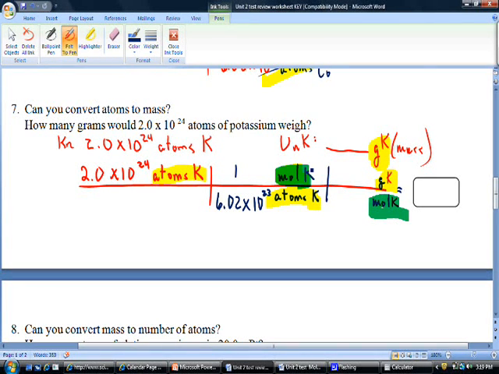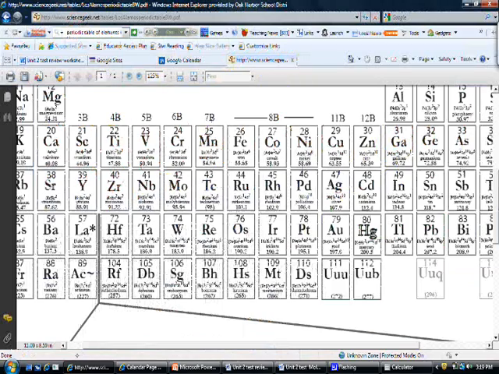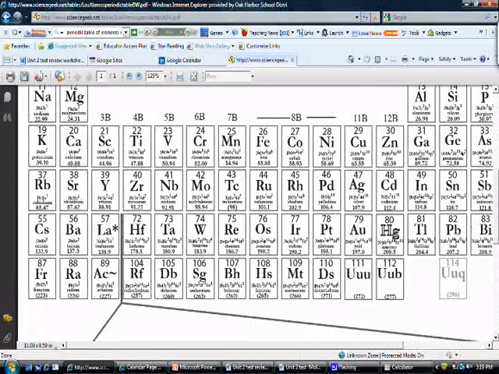And then we move here to say, well, 1 mole is, well, I need to go to the periodic table and find potassium. I just happen to know that potassium is right here, atomic number 19 on this left column, and its atomic mass is 39.10 right here, 39.10. And so that's what we're going to put